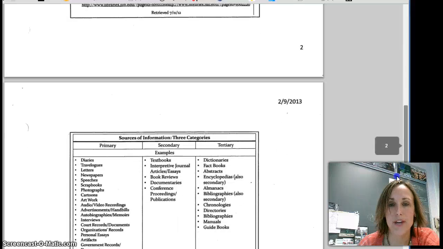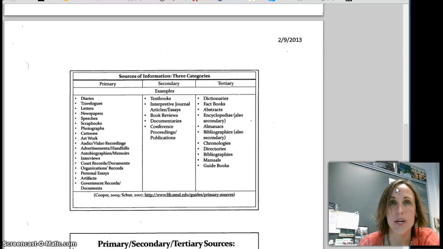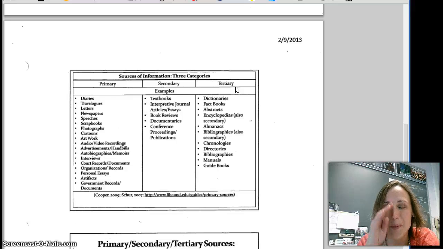Scrolling down a little bit further, I think this is probably the most helpful, because on some of the sources that students were including on the pre-writing, I noticed a lot of people including blogs and wikis and Prezis, and those don't even fall under primary, secondary, nor tertiary. So the resources that you're including, I can't remember exactly how many I had asked, all need to be under either primary, secondary, or tertiary. You can see some of the different examples of each that are present.